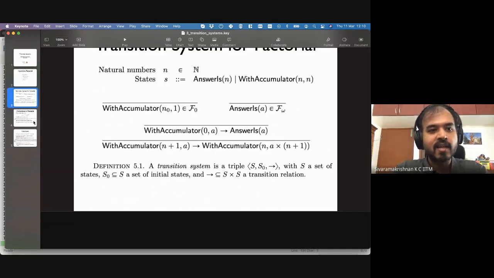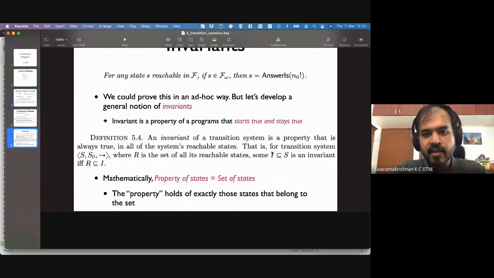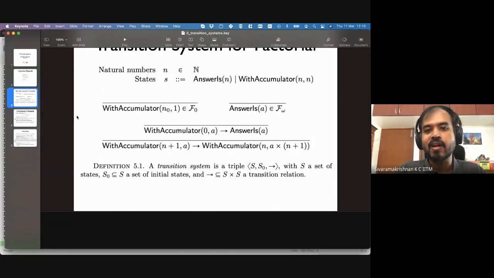So this is the invariant that I defined here, I is equal to S, because the set of all states that I described as part of this invariant is actually equal to S. But you can be a little bit more precise. Let's try something else, right? We know that factorial of 0 is going to be 1, right? So this n is never going to be 0, even though it's a natural number. So another invariant that I can write is